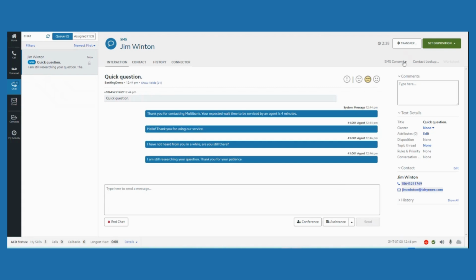But that is really it for the Agent Desktop Plus environment, at least what we're going to cover in the demo today. I appreciate your time and attention. Please let us know if you have any questions or would like to dive deeper into anything or see any of the other aspects of the